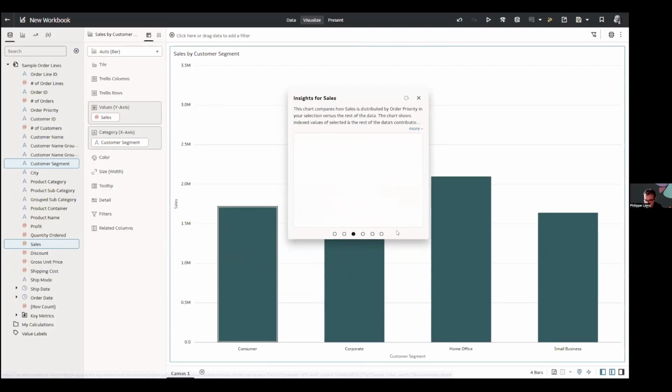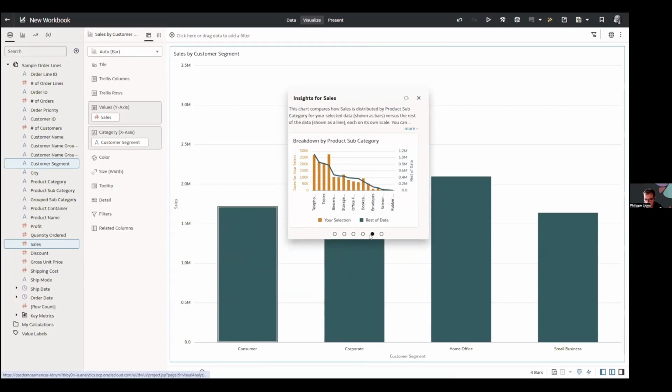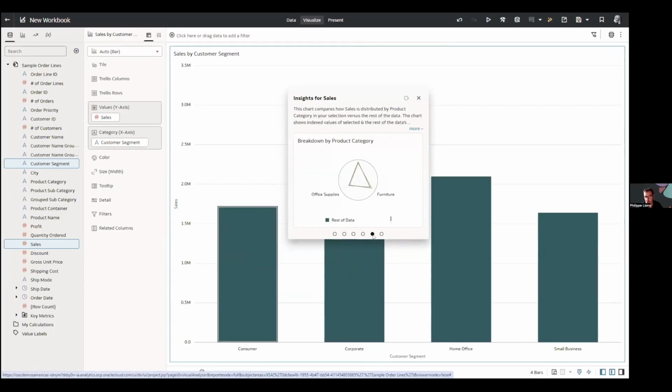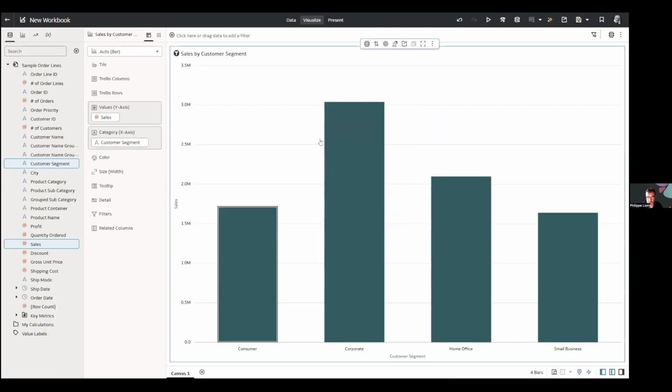The point and what is new here is we've extended the scope of this, and it's on by default now. So any visualization that you will get will have that capability turned on. So this is something that you can have your consumer users or author users leverage to gain immediate deep insights.